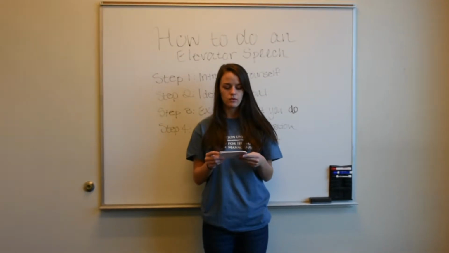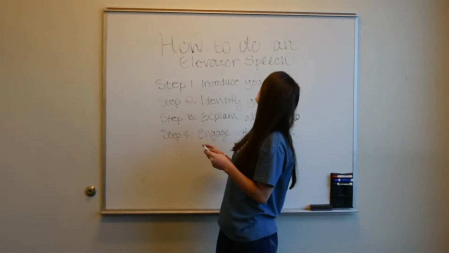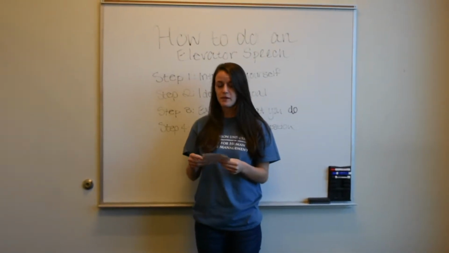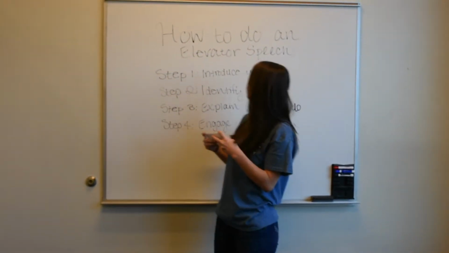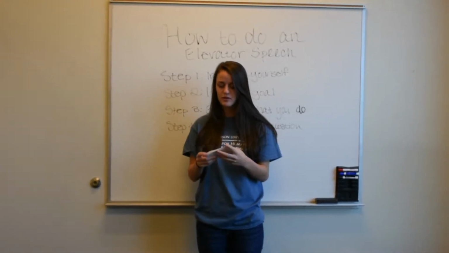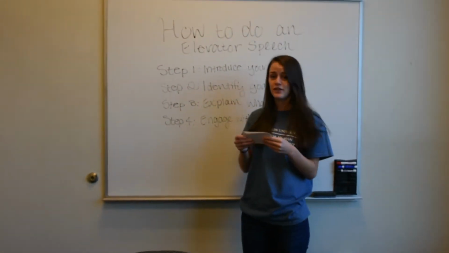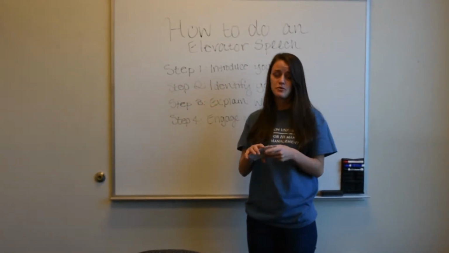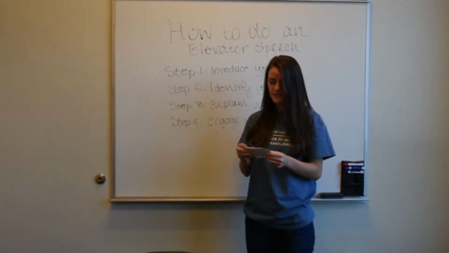The best way to do an elevator speech, the number one is to introduce yourself, and then step 2 would be to identify your goal. 3, explain what you do, and lastly,